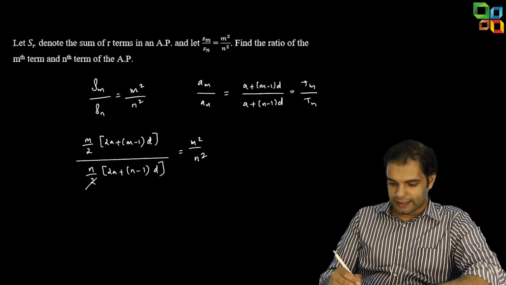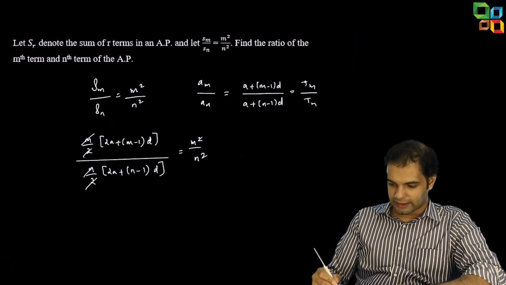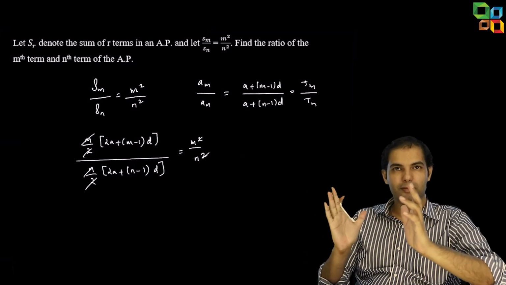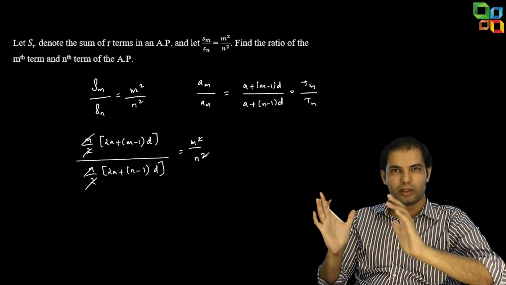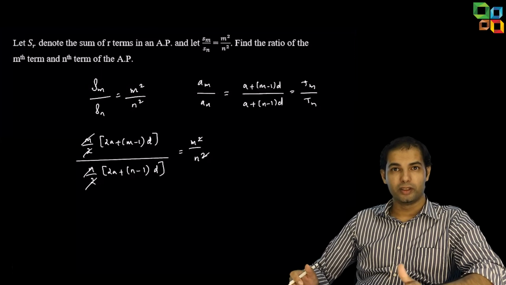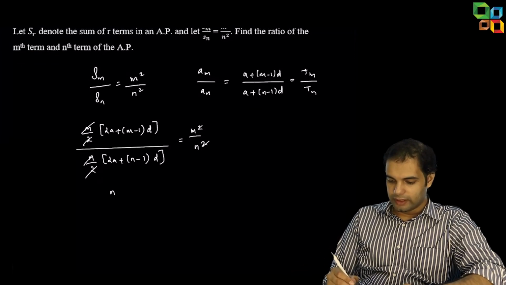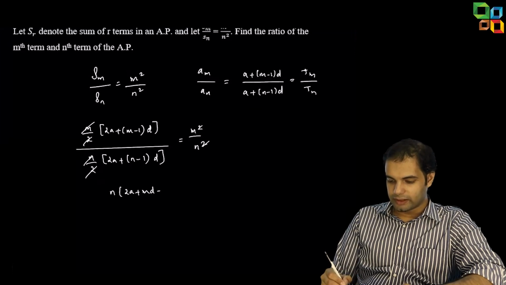So this 2 will get cancelled, right? Both. You can see one of the m and one of the n will also get cancelled because they are on the same side, right? So you can cancel out. Both are not 0. If both are 0, there won't be anything to solve here. So we'll cross multiply now. Now n into 2a plus md minus d. I'm just multiplying